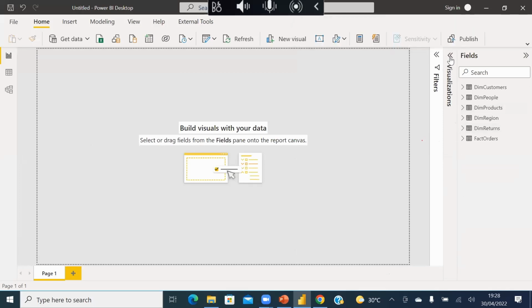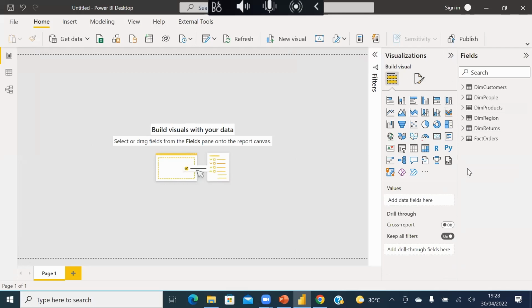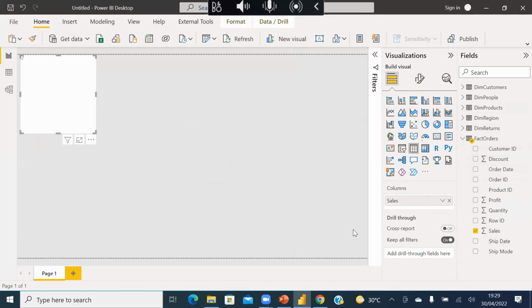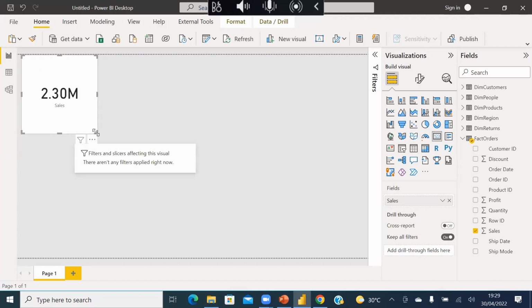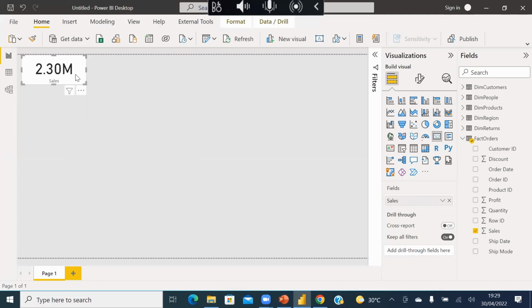You don't need to write a formula, right? Right now, what you can do is go to your facts table, for example. We have sales. We can drop our sales here. The moment we drop our sales here, it's showing up as a table, giving us the total amount of sales. This is not very descriptive. What we can do is use a card. Great. So this card is giving us our total sales. You can shift this down a bit to keep some space.